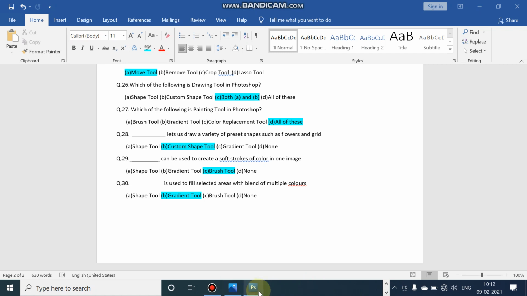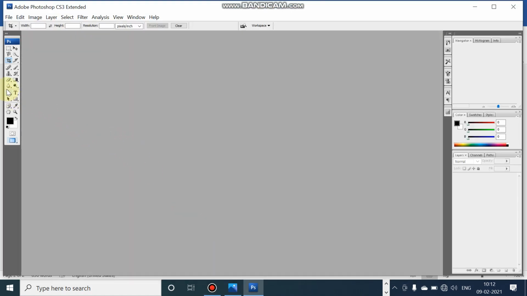And student, in the software also you can see that this is the quick selection tool. You can see the quick selection tool is coming, and clone stamp tool is there also, and you can see blur tool is there, erase tool is there, brush tool is there.